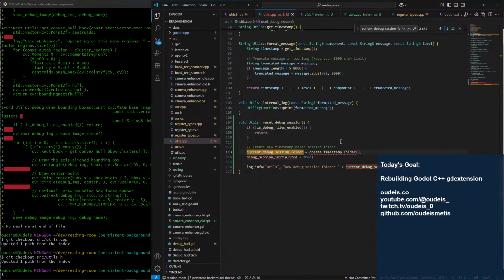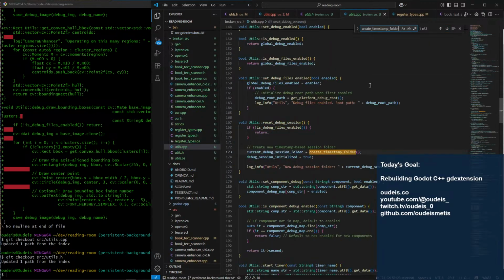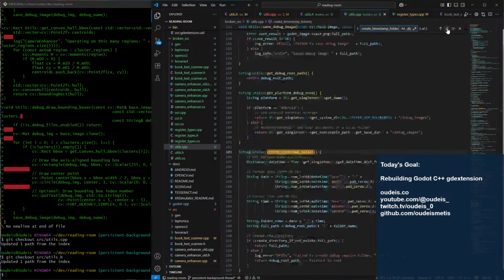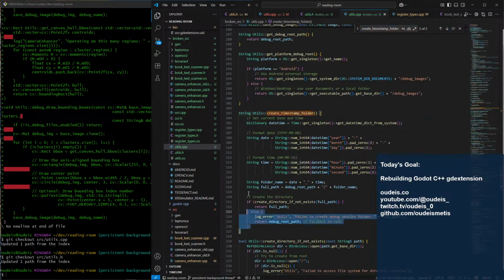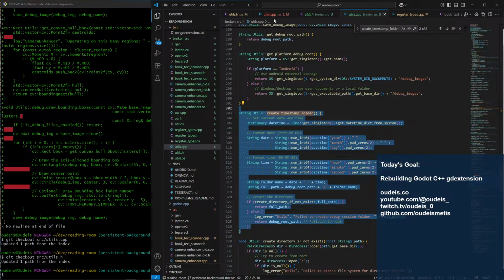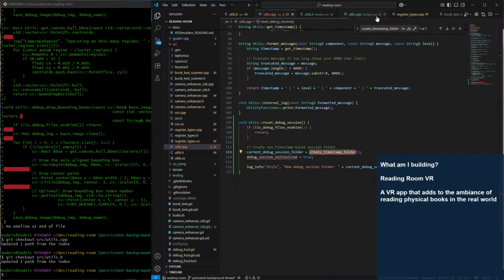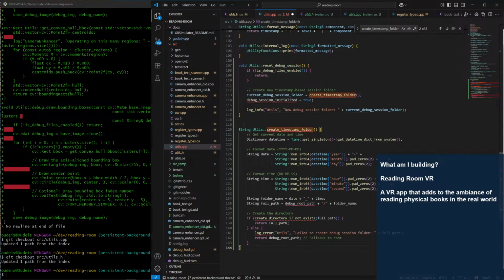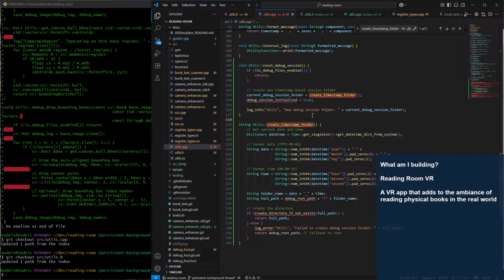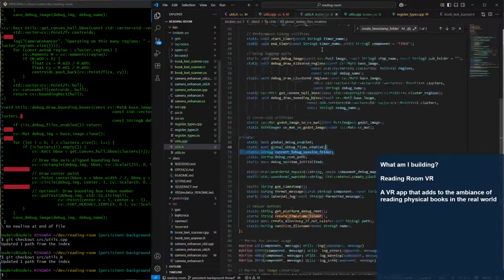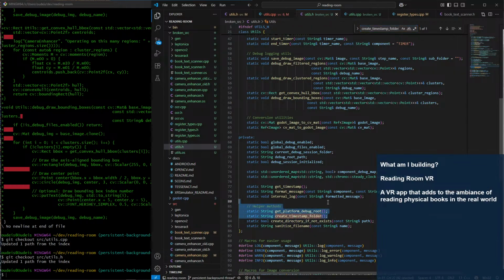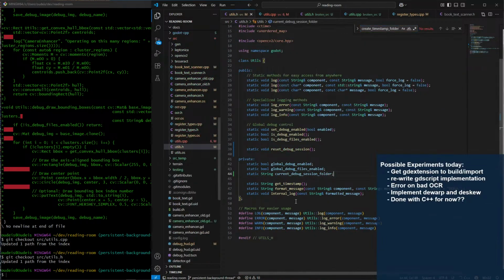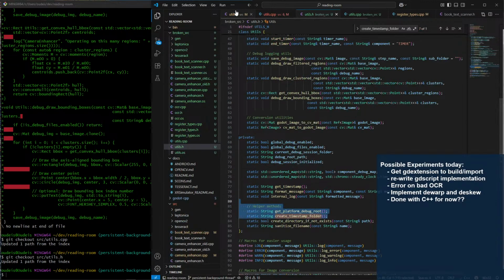And right here, all right, so create timestamp folder. That's the next one. Let's bring that in. Which is going to be in the .h as a helper method. That is a private helper method.